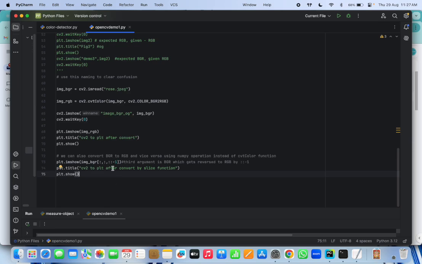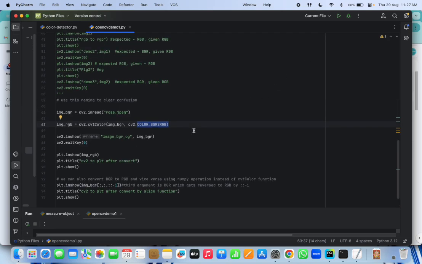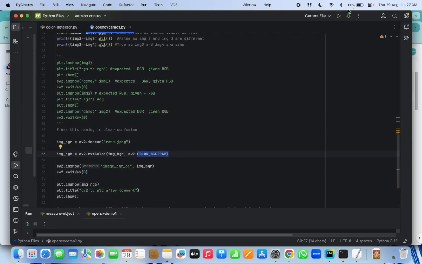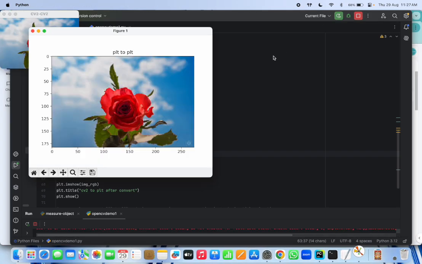So we are not changing the first axis, which is the width. Then this is the height. We're not changing those. We are only reversing the last parameter or the last argument, which is nothing but RGB or BGR. So if we just reverse that, it just reverses the channels as done by this function. So that is also doing the same thing. Now I will run it and will explain on the go what is happening.